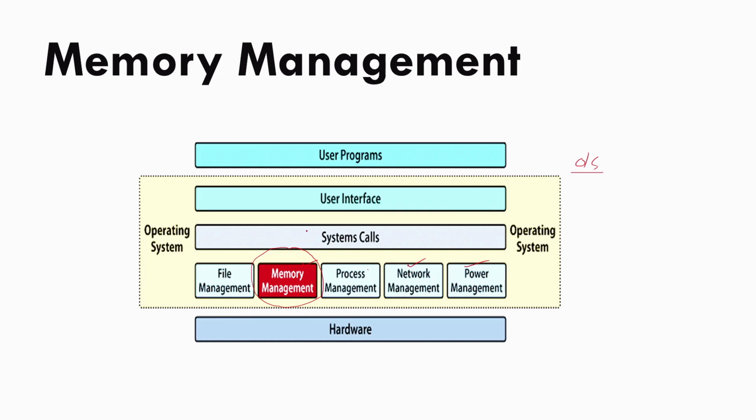Out of that, we'll see what functions we perform in memory management. The two main important characteristics or features are protection and sharing. These two things are performed by memory management. We'll see how protection and sharing are helpful here: set protection from one area to another area in the memory.